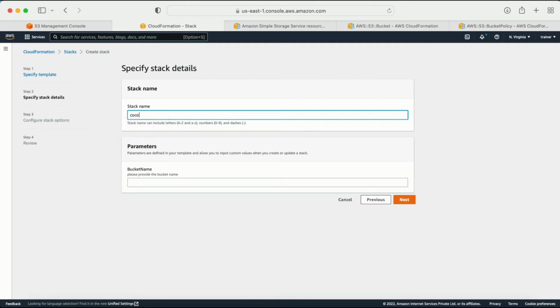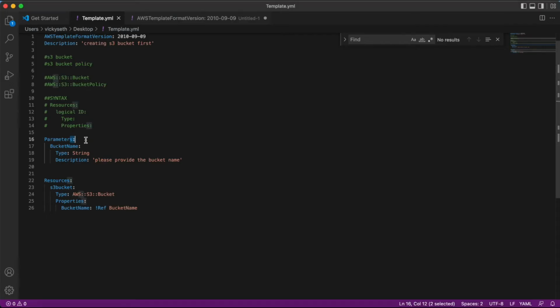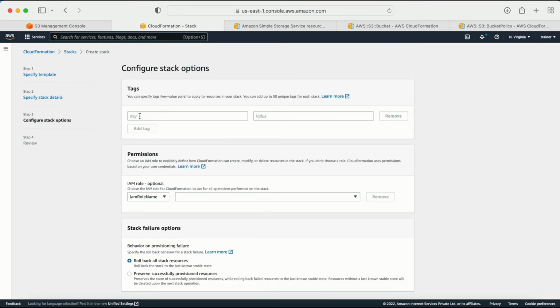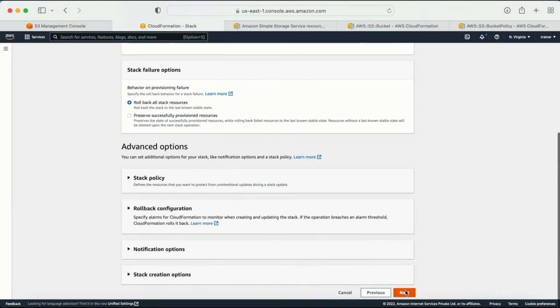So let me provide Coco1, and see, here we have the parameter bucket name. Please provide the bucket name. Whatever information I have provided here is simply reflected here, right? So this is the parameter, and let me provide the bucket name here: cloudformation template new and 0901. Let me go next. Here we can provide the key, something like environment equals dev. Next,